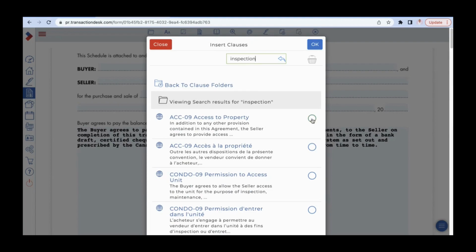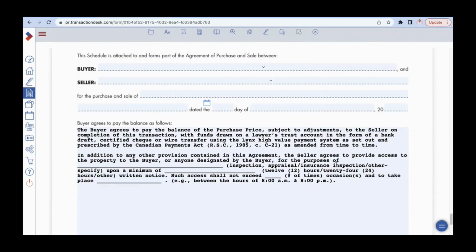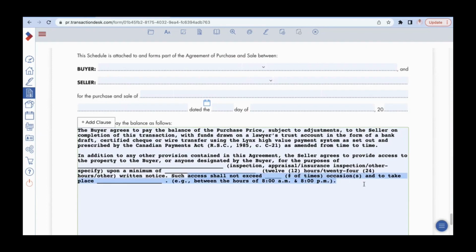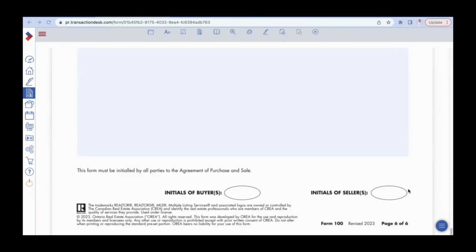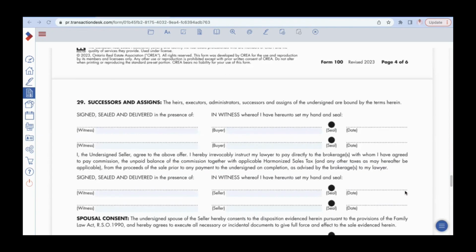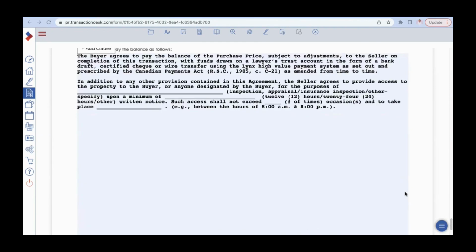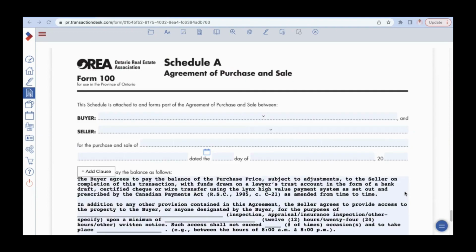And I always like to give my clients the ability to access the property. I can customize this even further, and so on. So once you have all of the clauses that you like to start your agreements with, you can pre-populate them into the agreement of purchase and sale